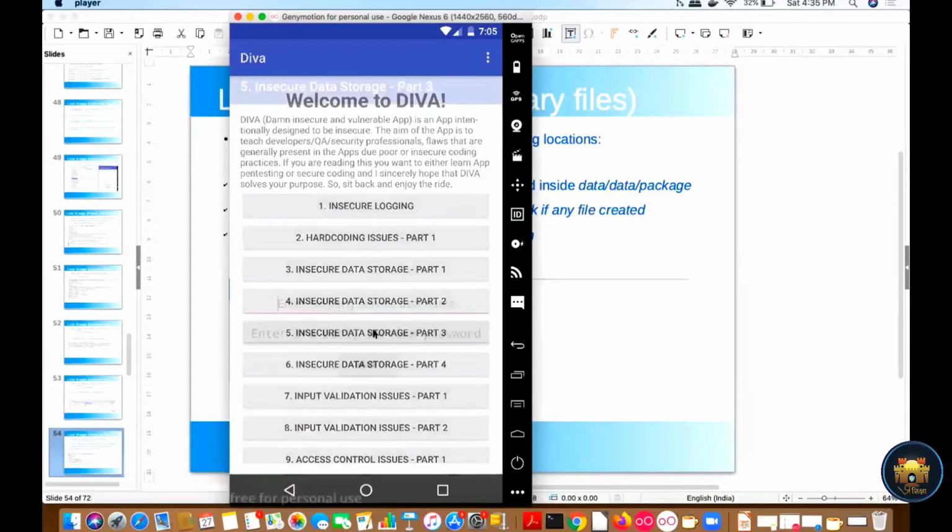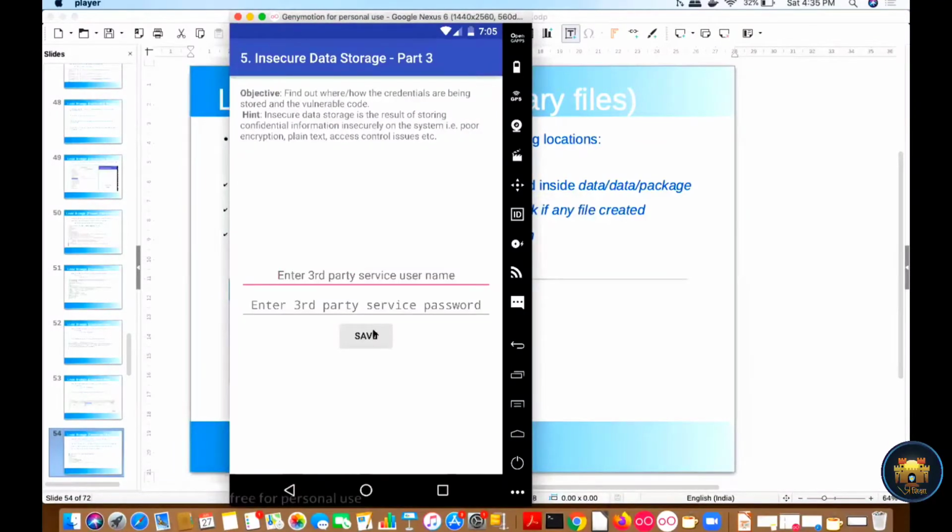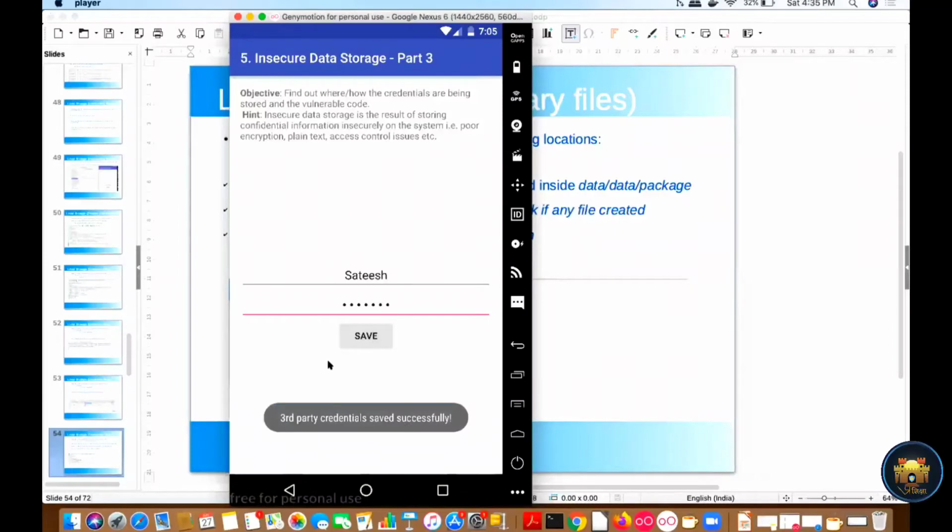Yeah, right. So our task is to find out the same information. I enter the username Satish, and I'm giving the password. If I click on save, this is being stored in the temporary file.